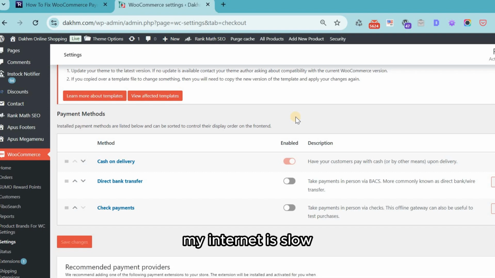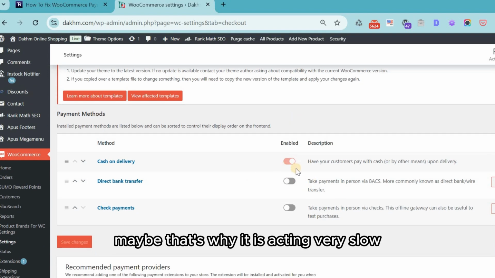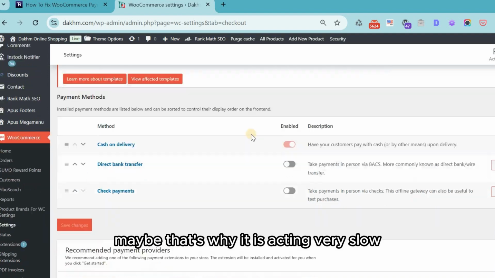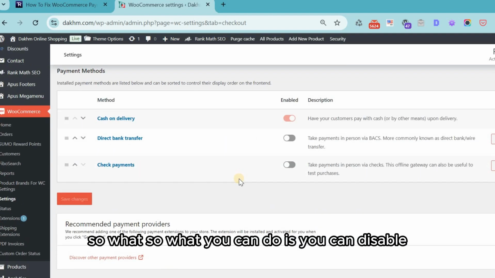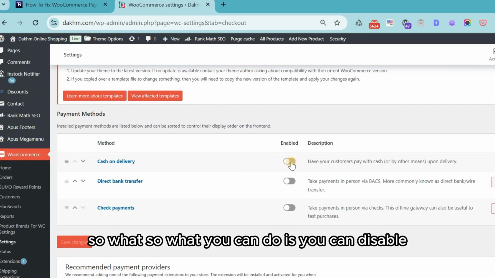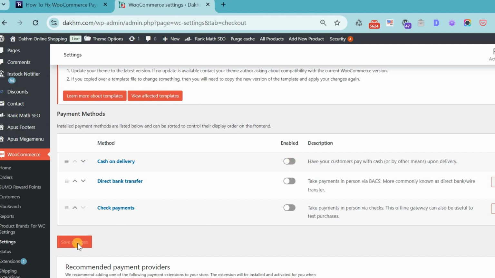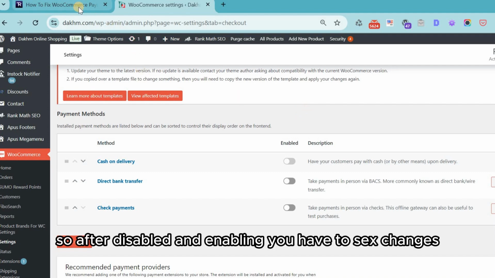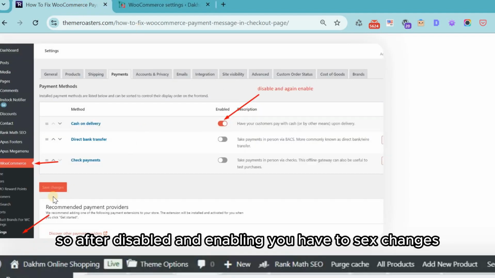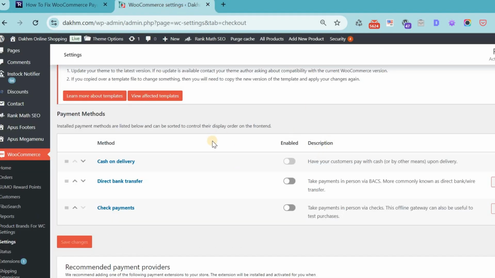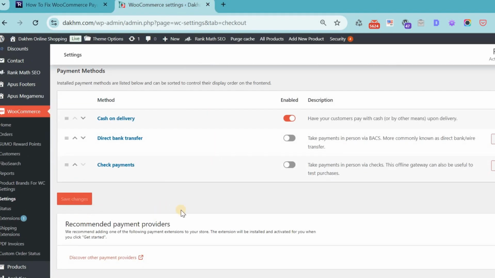My internet is slow, maybe that's why it is acting very slow. So what you can do is you can disable and then enable. After disabling and enabling, you have to save changes, and then